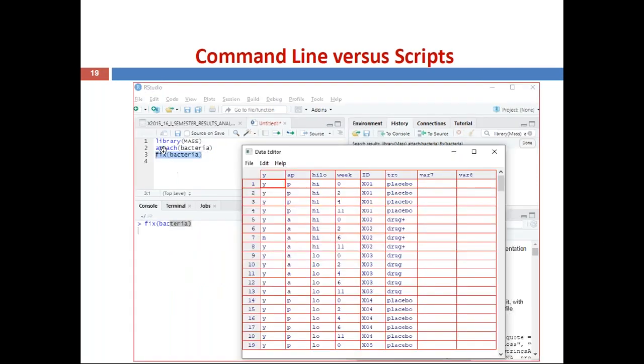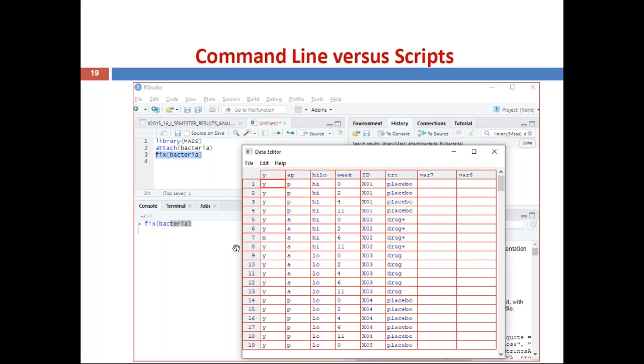Here you can see fix of bacteria. Now this is the data editor window, which shows the bacteria data with a number of records. It is in tabular format, rows and columns. Column headings are the attributes or parameters. Rows are numbered with serial numbers, holding the values of the attributes.